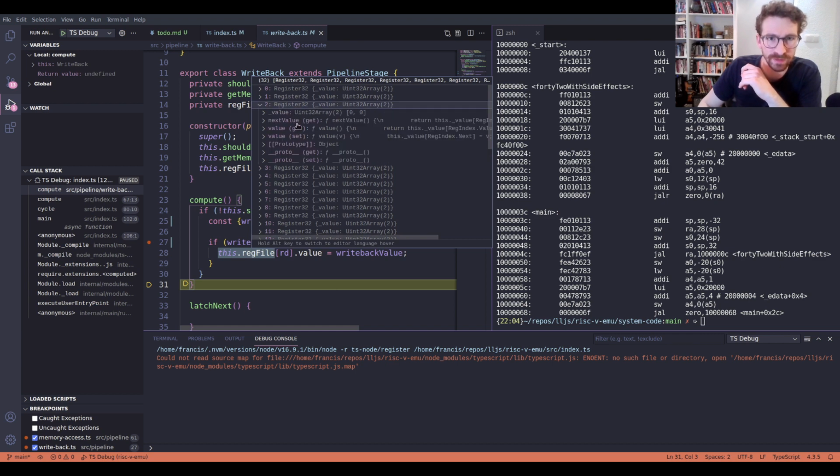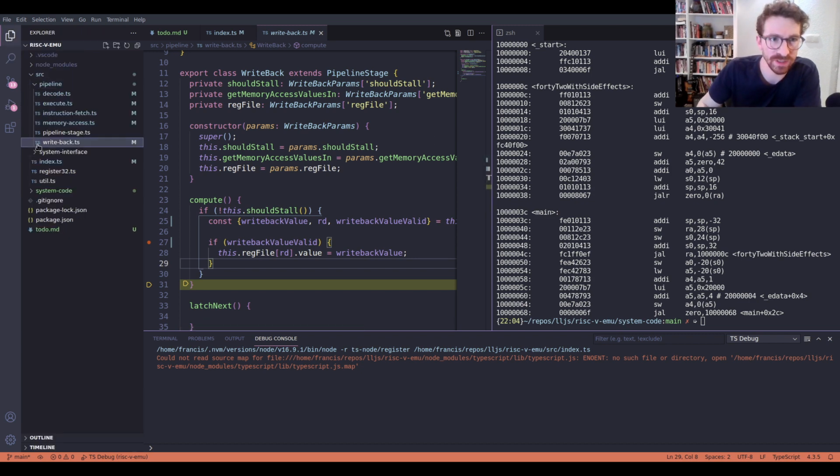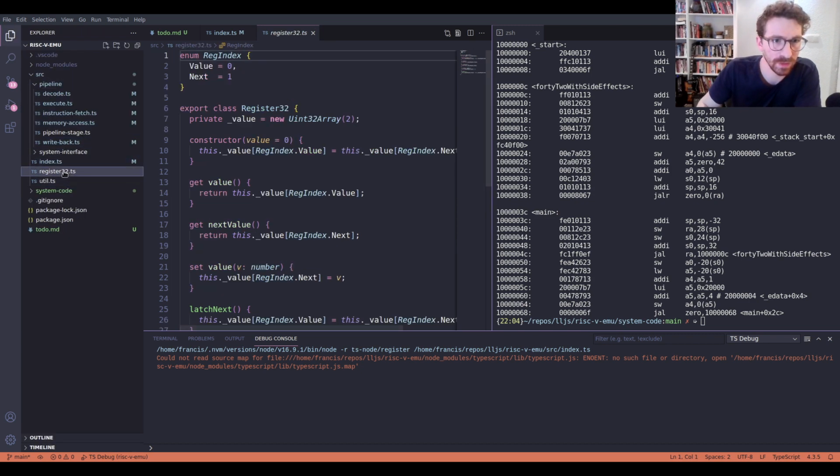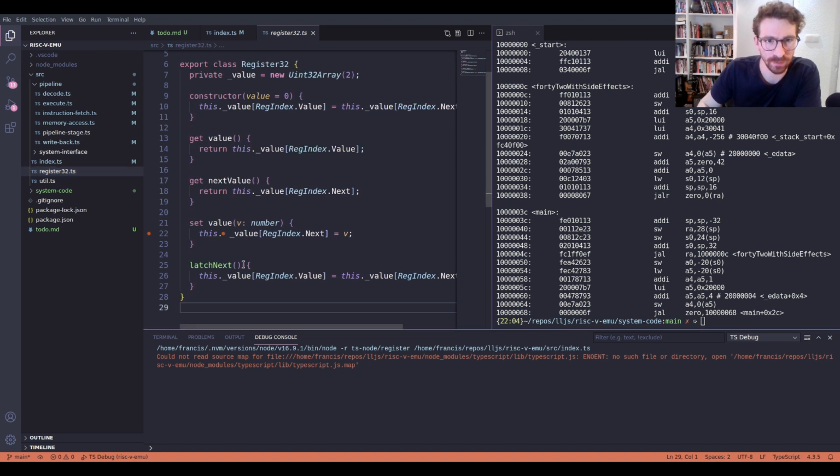And then here we have these things. So we have next value 0. We didn't end up writing into this properly. Writeback value is, yeah, so what's going on there? So okay, I'm going to place a breakpoint in the register file. Wouldn't have expected to do this. I mean, maybe I messed something up here, but